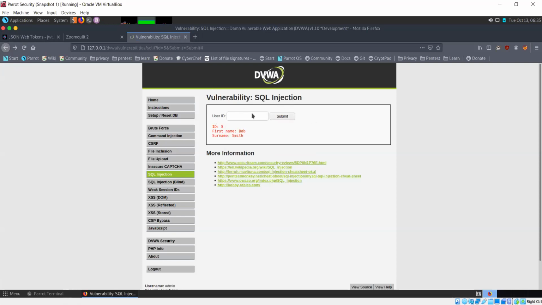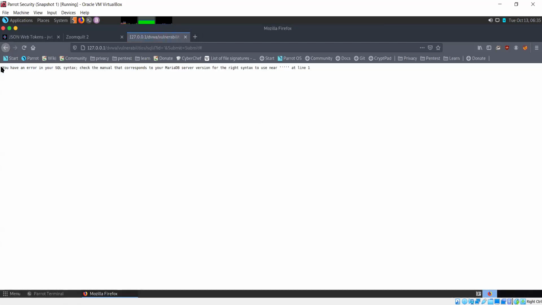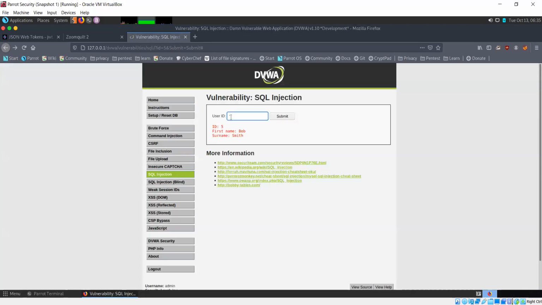Now, to check for SQL injection, I'll simply try a single quote and press enter. Now I get a message that you have an error in your SQL syntax. Check the manual that corresponds to your server version for the right syntax to use near. It's just a set of single quotes. Now, if we get this kind of an error message when we use a single quote, that is an indication that this particular web application, this particular input field might be vulnerable to SQL injection.